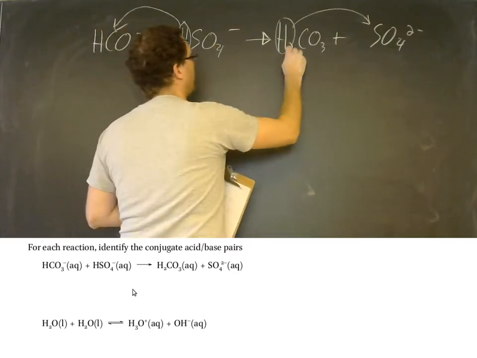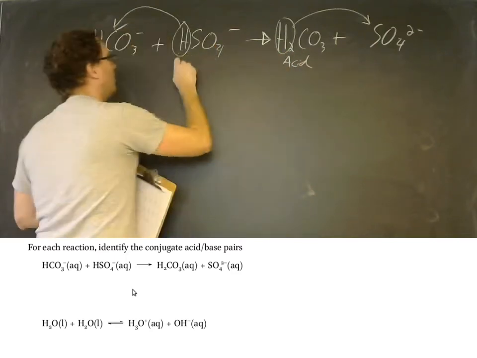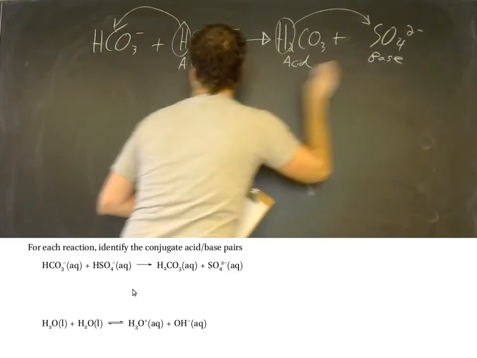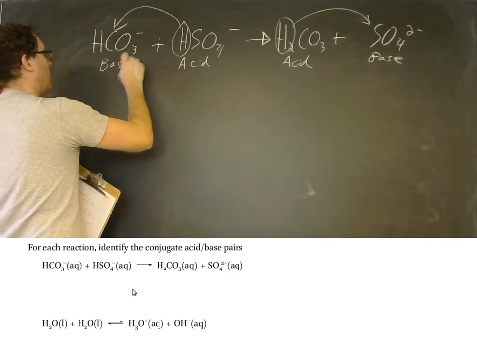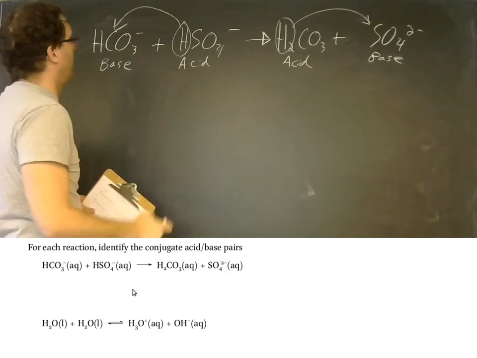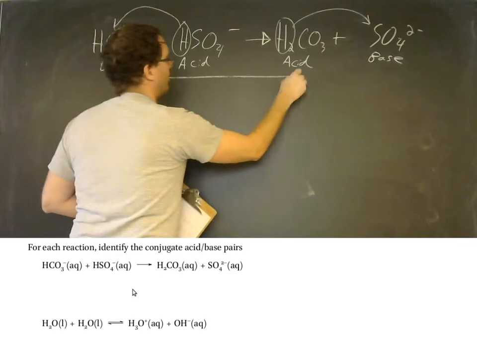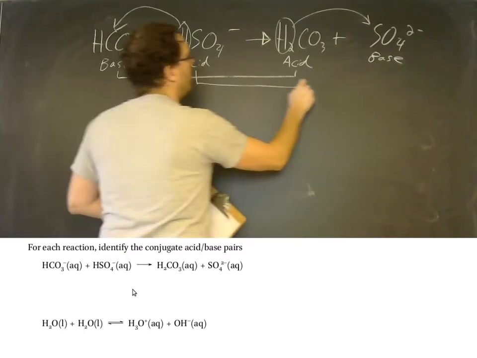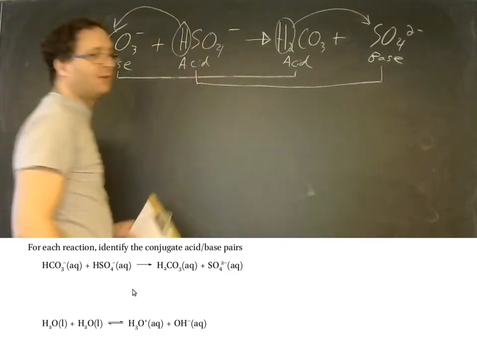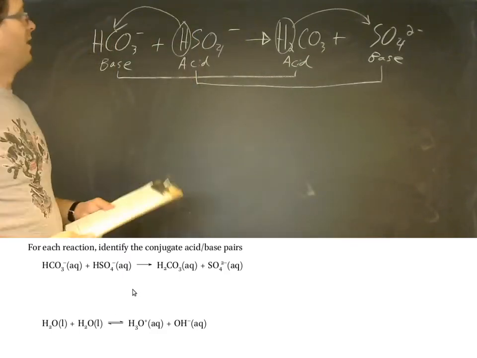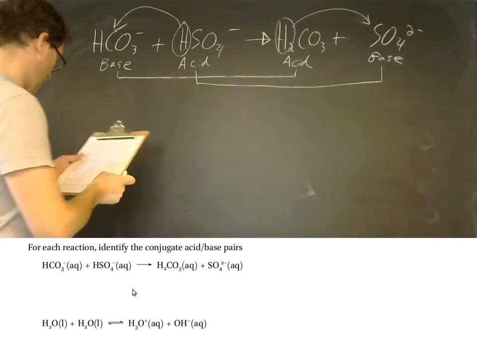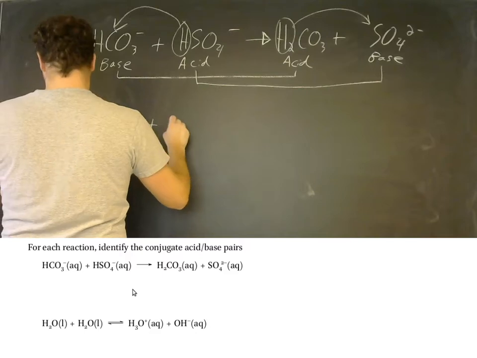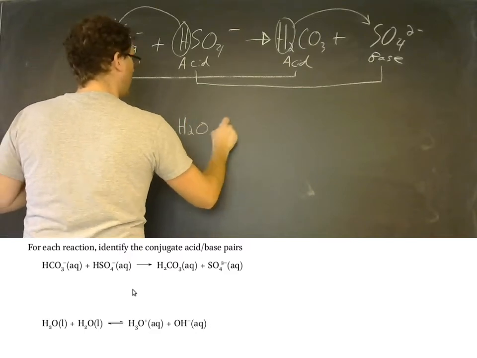So here we have our acids. Here we have our bases. And then which ones are the conjugate pairs? Bicarbonate with carbonic acid, that's a conjugate pair, and the hydrogen sulfate or bisulfate and the sulfate ion, they are a conjugate pair. All right, the next one, we have water plus water in equilibrium with